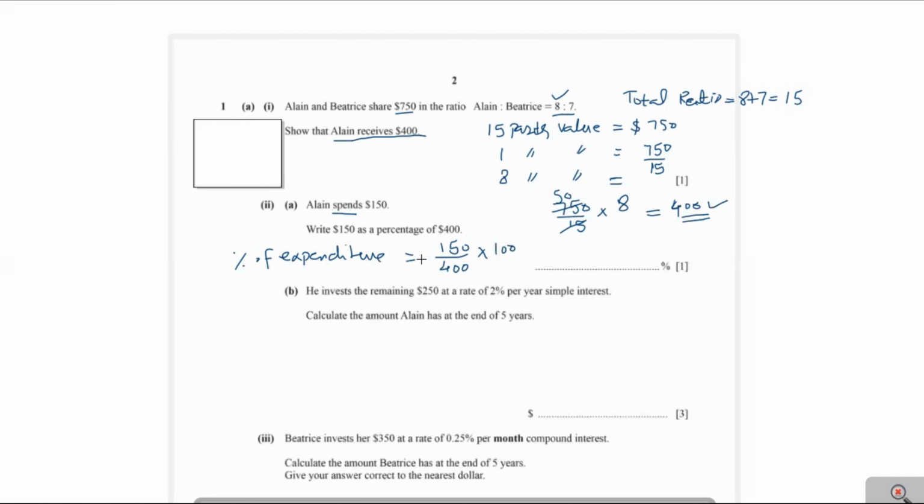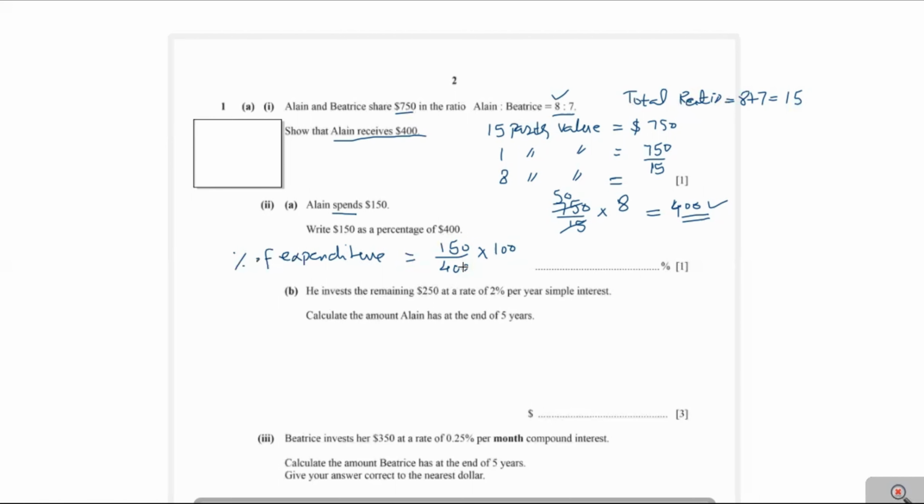You should remember the percentage formula: given value divided by total value multiplied by 100. You see here we have to find percentage of expenditure. The $150 is what Elan spent, therefore 150 divided by total value, this is 400, and multiplied